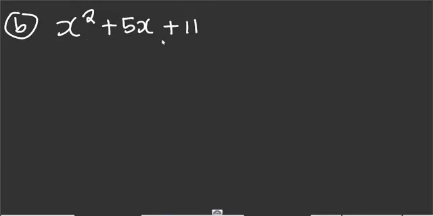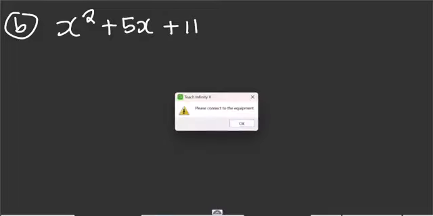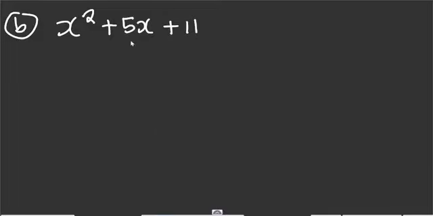So we have now come to question 2. So we have x^2 + 5x + 11. Now how can we express this one in the form that you have been given? Remember, this one should be expressed in the form (x + h)^2 + h. So how are we going to express this one? Here it's important that you take note of what you have.